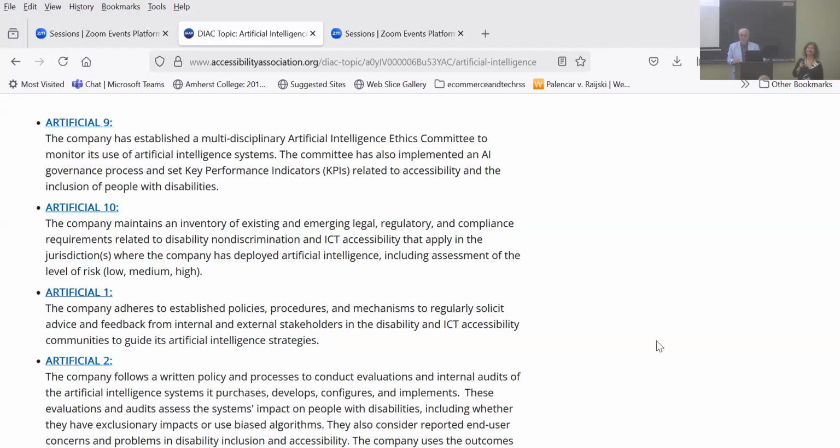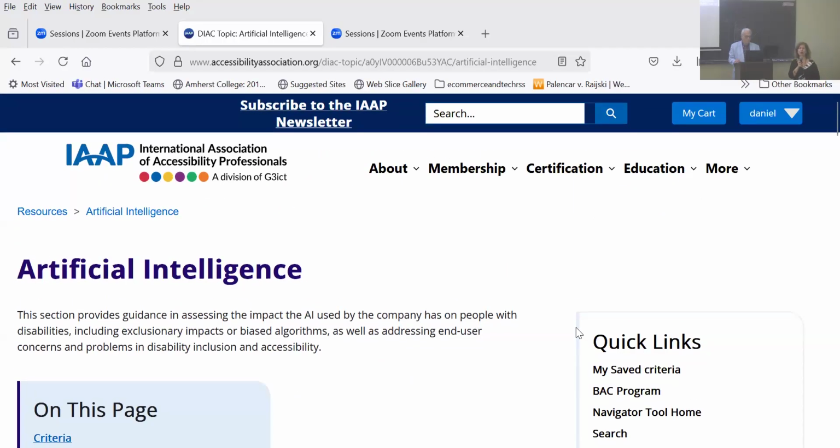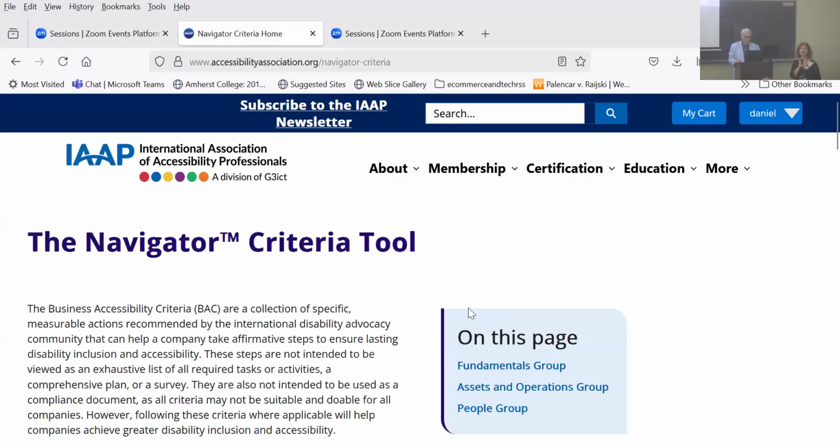Yes, sir. Is the associated maturity model also behind the paywall? So the question is, is the associated maturity model behind the wall? Yes, it is as well. And that too, there's no flat rate for that. It really depends on your organization, the size of your organization, the level of it. So when we do the maturity model, we do a discovery meeting first and have some conversations with you as to where you're at and so on. And from there, we assess the needs and develop a plan as to how we approach the maturity model for your specific organization and what that cost might be. But we can talk more.